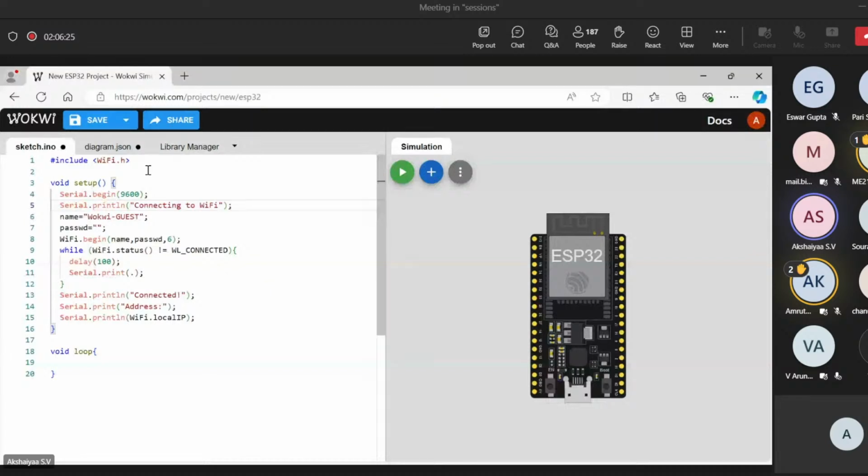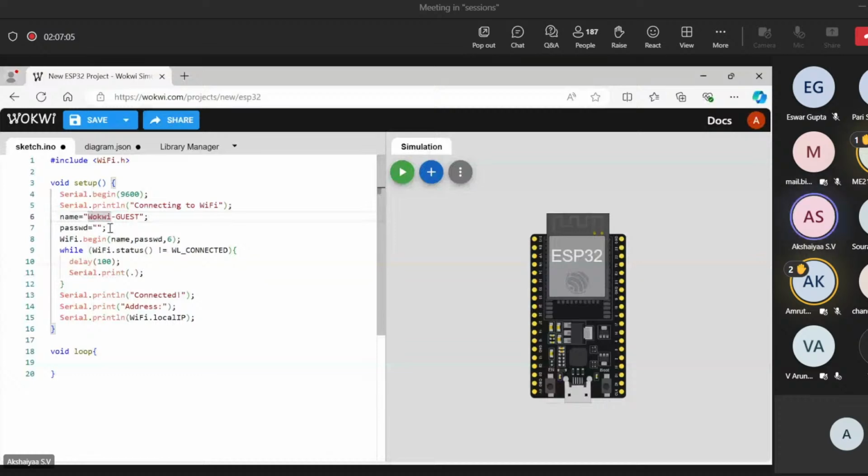There's a library called Wi-Fi.h, which we are using to connect the ESP32 to Wi-Fi. So that's why I've first imported the library here. And then in the void setup, we are connecting it to Wi-Fi. That's all we are doing. I've initialized the serial monitor using this command Serial.begin, and this 9600 is the baud rate. And this is just a print statement which I've given inside. If you're connecting to Wi-Fi, you will need the name of that Wi-Fi and the password. Here, you'll be able to only connect to the virtual hotspot, and that's called Wokwi-GUEST. It doesn't have a password, so that's why I've put it as an empty string.